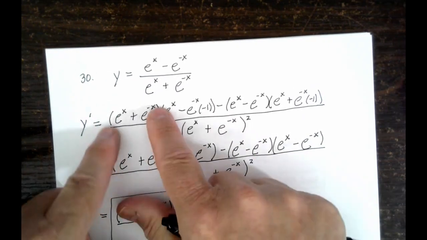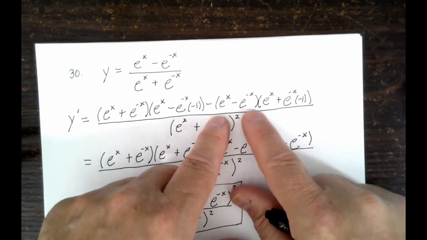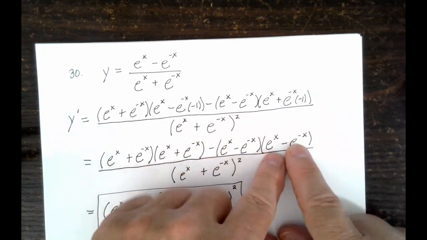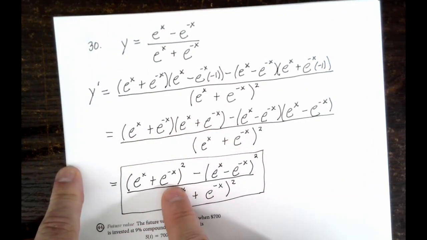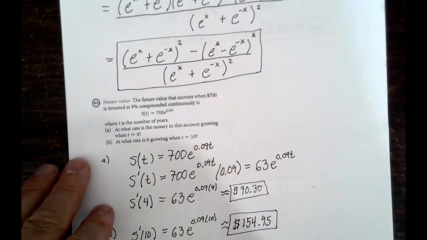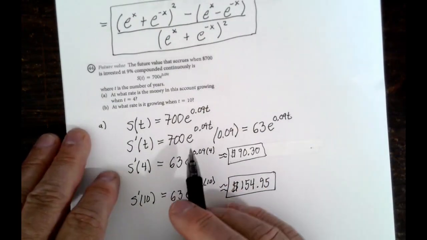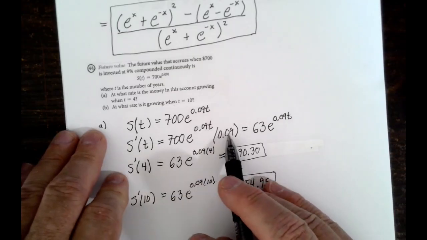And when you clean this up, the first guy is untouched. Second guy, that becomes positive. That guy I haven't changed, but that guy becomes subtraction. And now what you have there is you have this guy times itself, and you have that guy times itself. So there's your answer. 44, when you take the derivative, you get 700e to that power times the derivative of